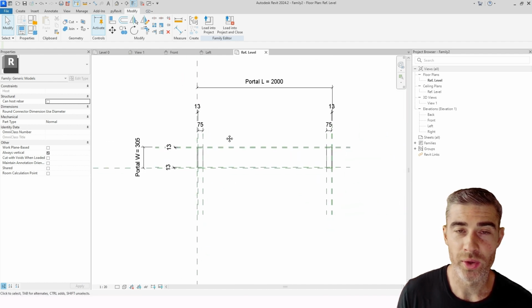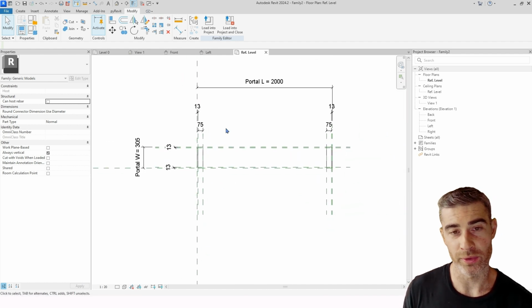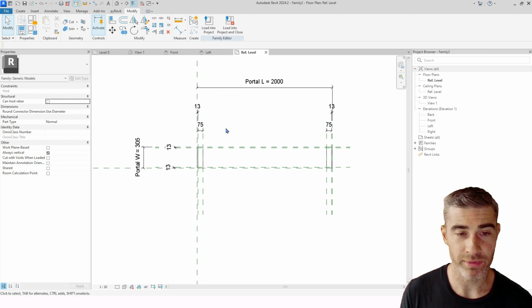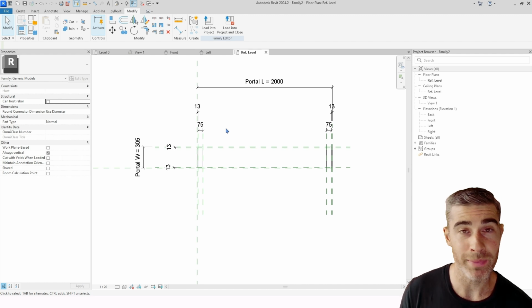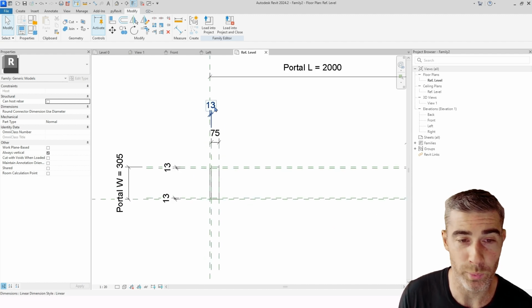You can go even one step further. So we've got our lengths, we've got our widths, but what happens if you want your reveals to change? So from a click of a button can change all your reveals from 13 to 25 or whatever the new value that you want, but also same with your frames. So maybe it's not 75, maybe it's 50, maybe it's 100. So let's do those same workflows